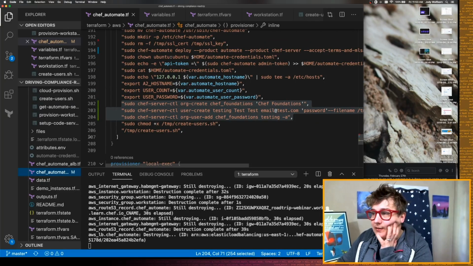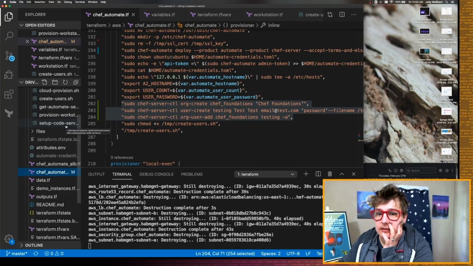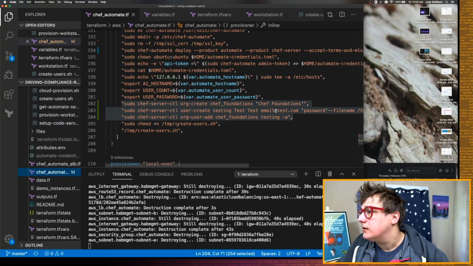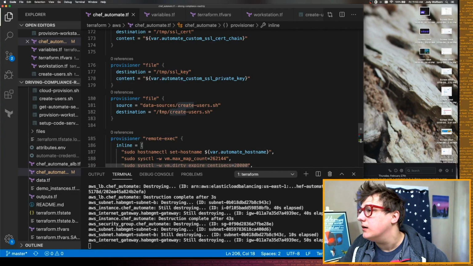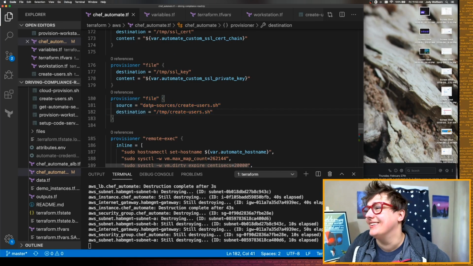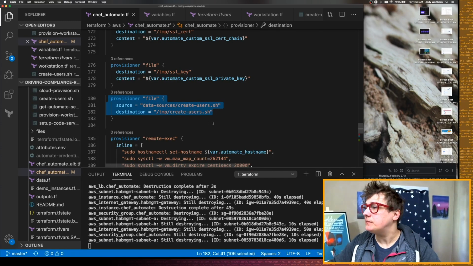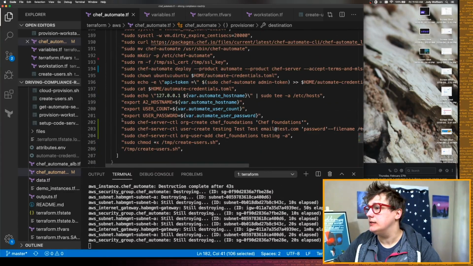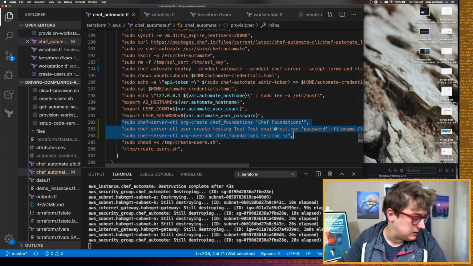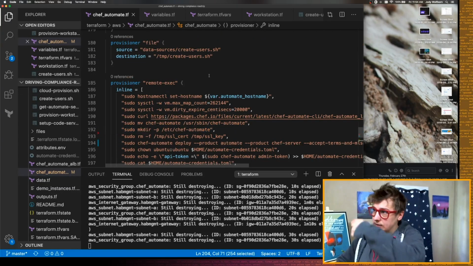Does anybody know, do all of the data sources just automatically get copied onto the instance when you run this? Or maybe, oh, never mind. It's right here where we're provisioning that file on the system. So maybe I could pull these out, put them into their own script, and then call that data source instead of,